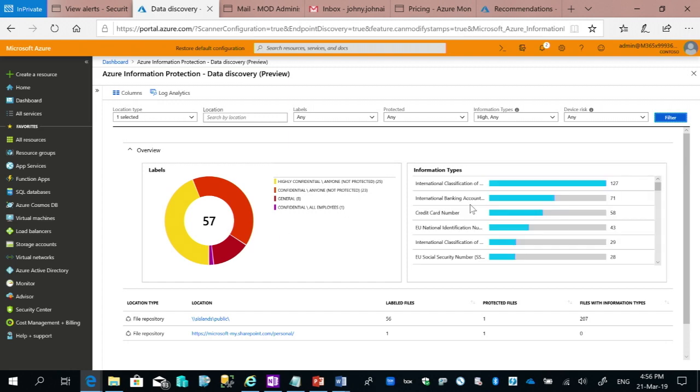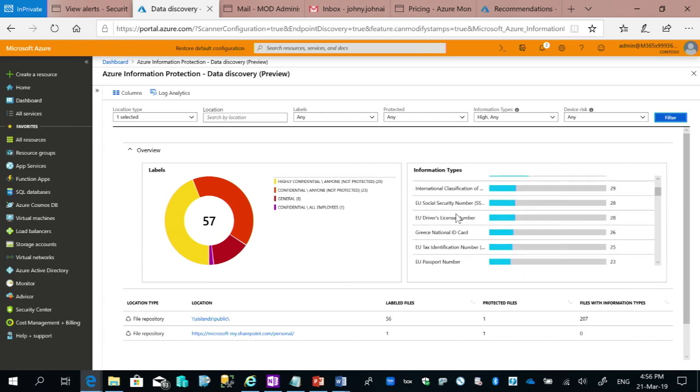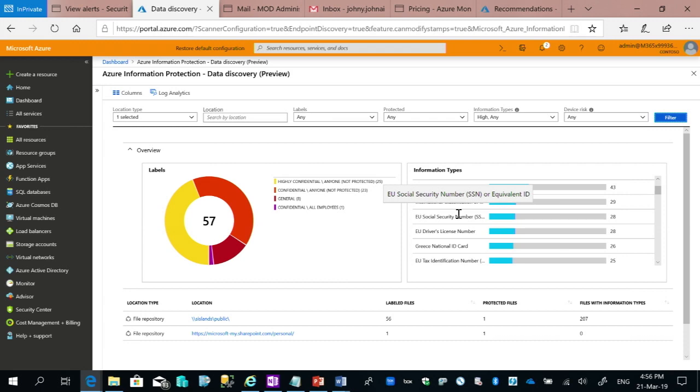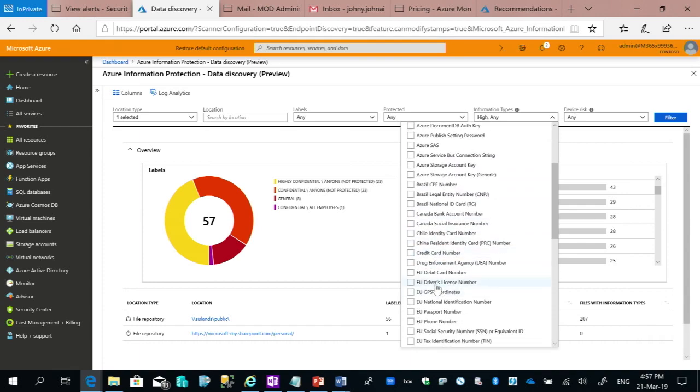This will take a while. Here we go. So I can see, for example, that we have 58 different files which contain credit card numbers. I have 43 different files which contain European national IDs, and so on and so forth. So I can slice and dice the information within my organization and search, for example, where do I have documents which contain credit card numbers? All I have to do is select credit card numbers here, running a full scan as well,